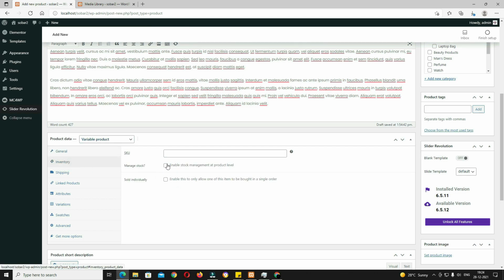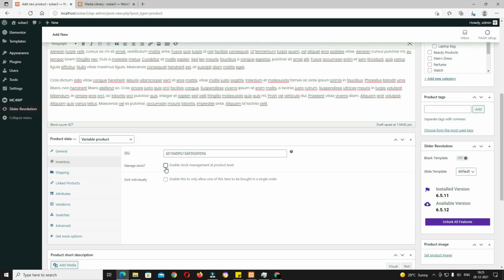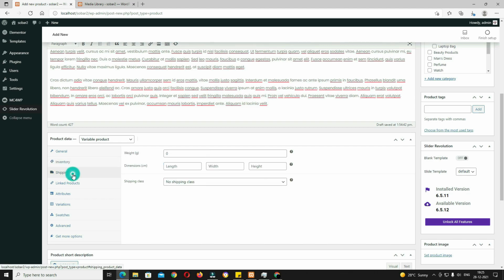After that, come to the inventory option. So here you have to enter your product SKU in stock keeping unit, and if you want to manage the stock you can do it from here, else I'll teach you how to manage the stock for individual products in the variable product. I mean, if every product has a similar stock, then you just enable that and write the number here. But if you have a different amount of stock for different products, then don't do anything here. Just directly come to the shipping option. Here also there is nothing to do.